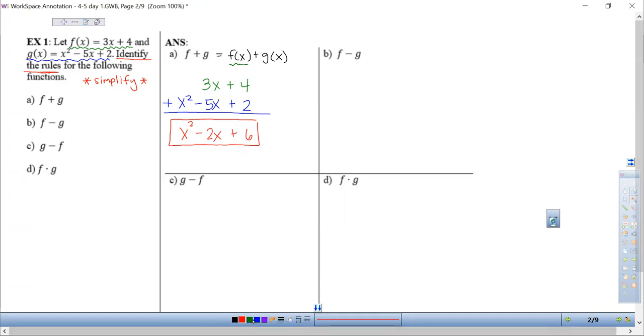In the next problem, I'm doing something very similar, but I'm subtracting. I want to take f of x and subtract g of x. Remember that whenever I'm subtracting, I have to change the signs of g before I can combine my like terms. The only difference is that this plus sign is going to be a minus sign. Because of that, I'm going to write this in parentheses so that I can remember to change those signs. So if I have 3x plus 4,